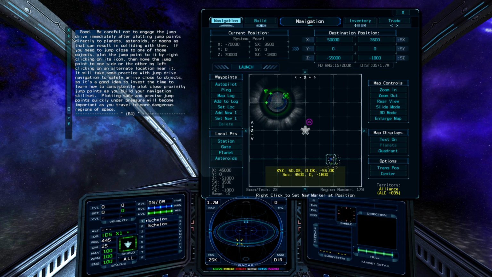If you need to jump close to one of those objects, plot the jump point to it by right-clicking on its icon, then move the jump point to one side or the other by left-clicking on an alternate location near it. It will take some practice with jump drive navigation to safely arrive close to objects, so it's a good idea to invest the time to learn how to consistently plot close proximity jump points as you build your navigation skill set. Plotting safe and precise jump points quickly under pressure will become important as you travel to more dangerous